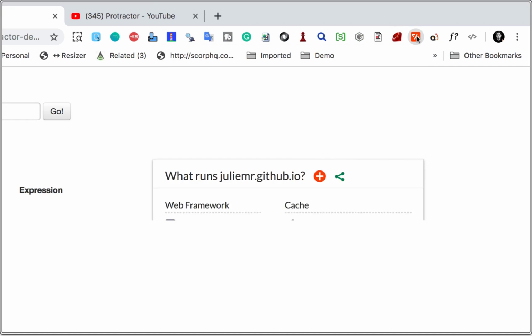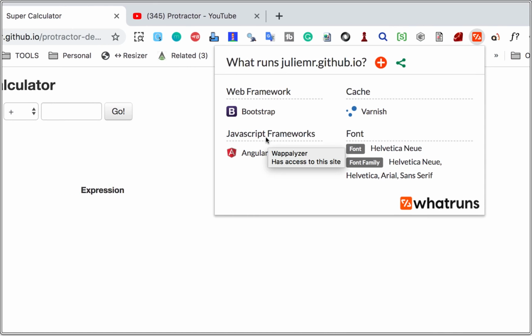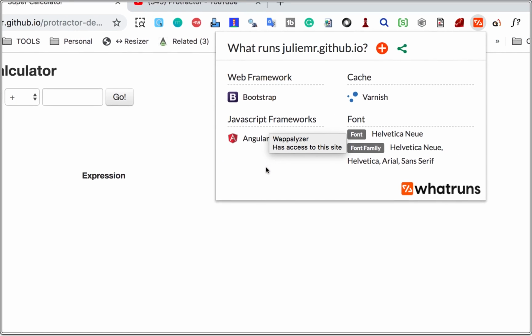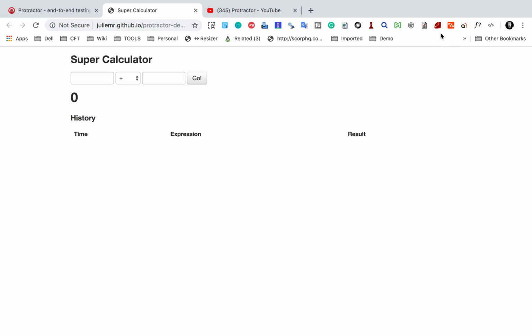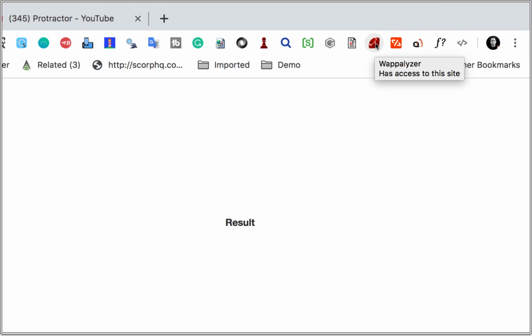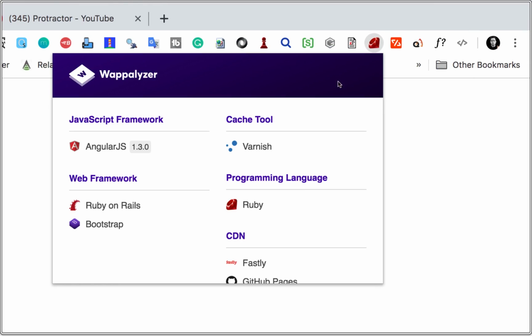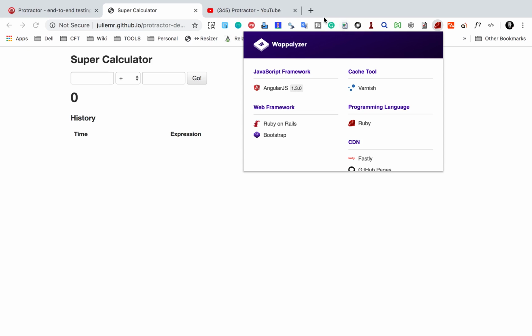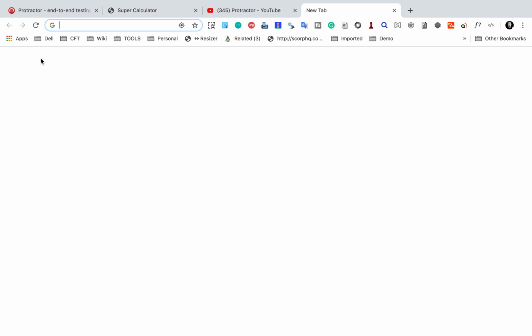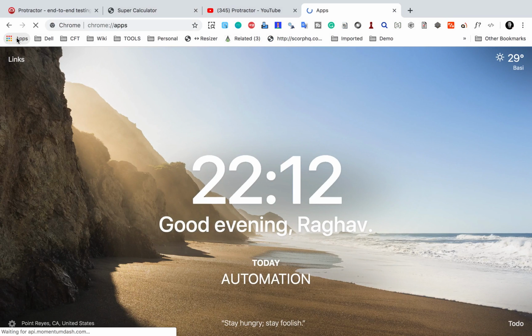If I click here, it will show you the technology stack, and you can see it says it uses AngularJS as the JavaScript framework. And then I also have another extension in Chrome called Webalizer. It will also tell us the technology stack of the application, and it is using AngularJS. So just in case you want these, you can just go to your web store on Chrome